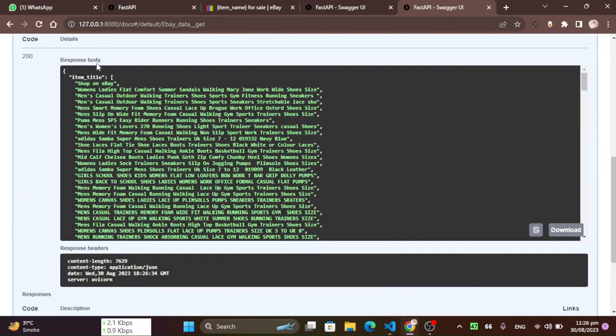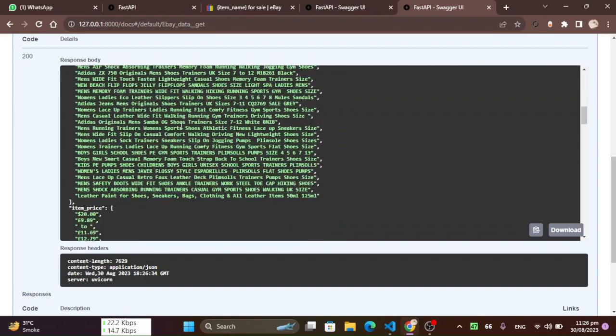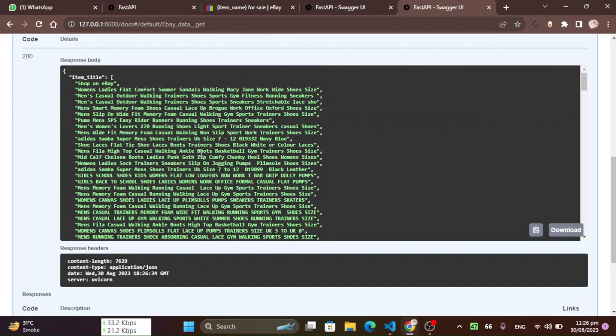And this is the response body for shoes. As you can see, shop on eBay, women's, ladies, flat comfort, summer sandals, etc. So if you want any type of data, you can use FastAPI to scrape data.